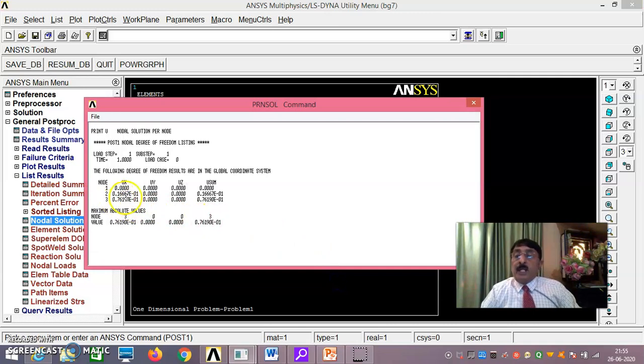Now if you see here, your answers are differing. It should be 0.0016. That means it should have been 0.166 into 10 to the power of minus 3 you should have got. But now it is 10 to the power of minus 1. That means somewhere these answers are wrong.